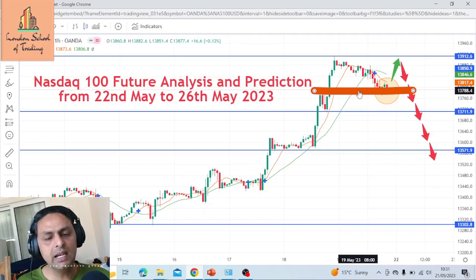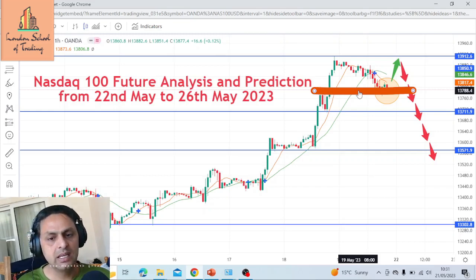Next thing is that at the moment, Fed is not sure whether it is going to increase another 0.25 interest rate or not, okay? That will be decided by the coming weeks' data, and debt ceiling progress. So how it will conclude debt ceiling and what type of data will be released. Based on that, interest rate decision will be made, okay? So that also we need to consider, that's another thing.